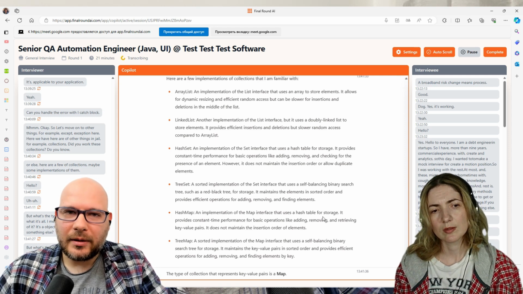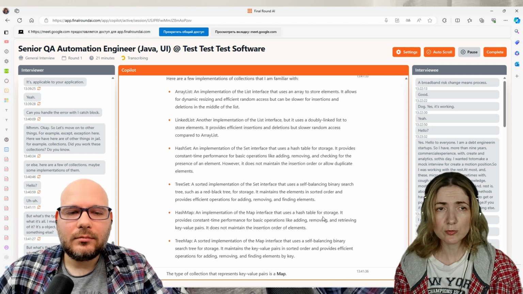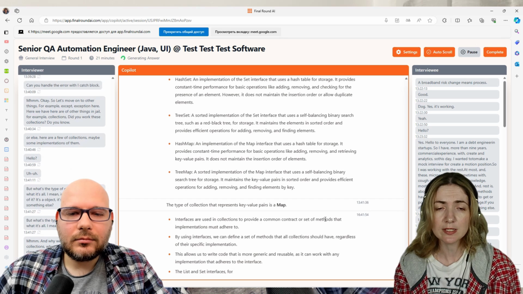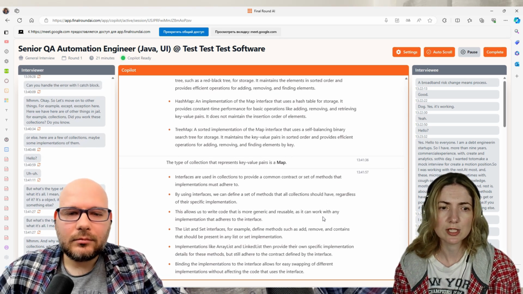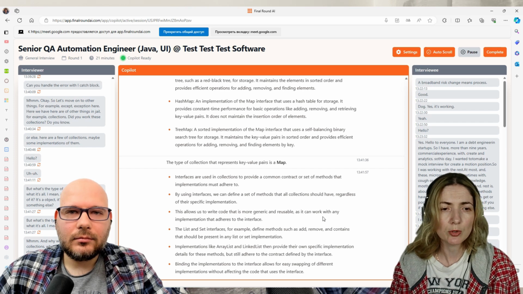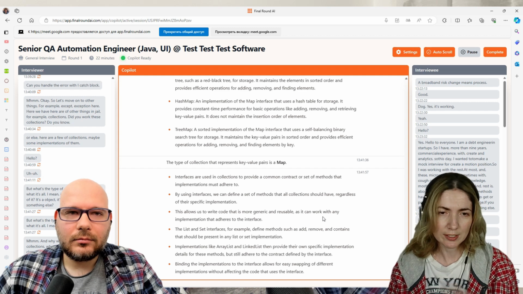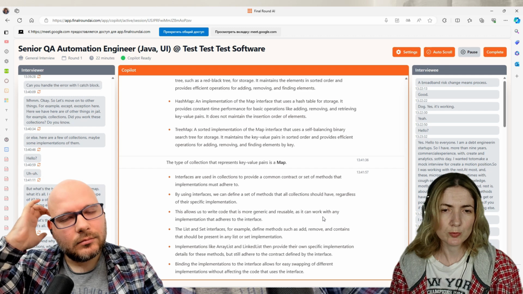Why are we bound to an interface? So first of all, it's useful, and you have only one interface, for example, list, and you can make several realizations, linked list, array list, or you can make your own list with your own implementation of the list interface. So it's useful, yes.